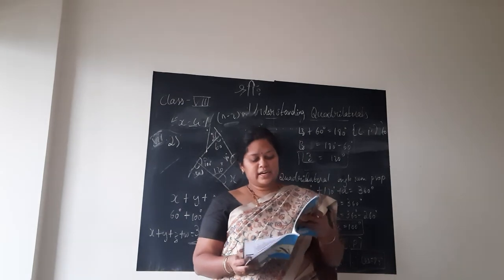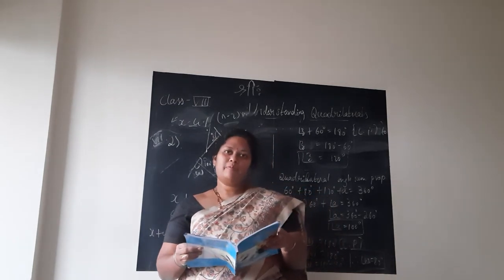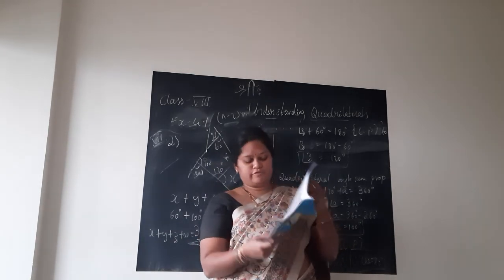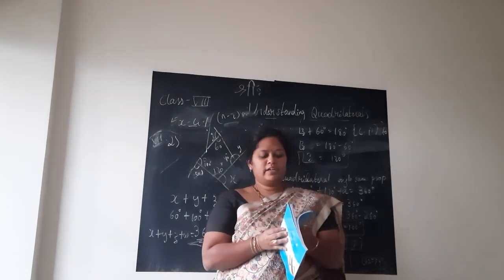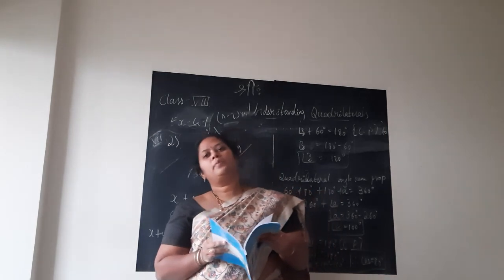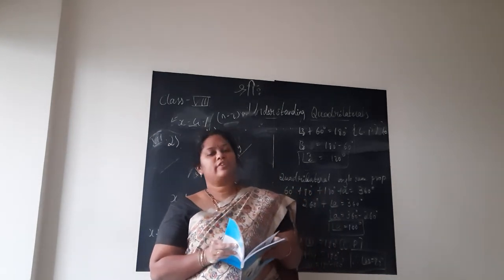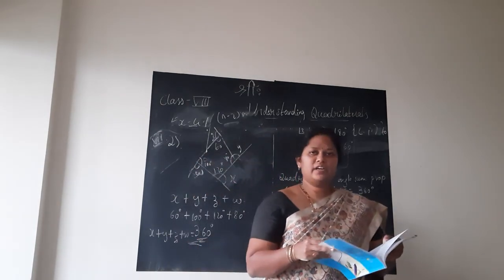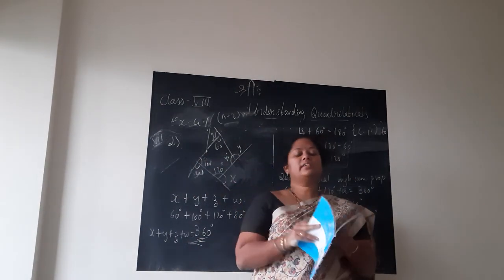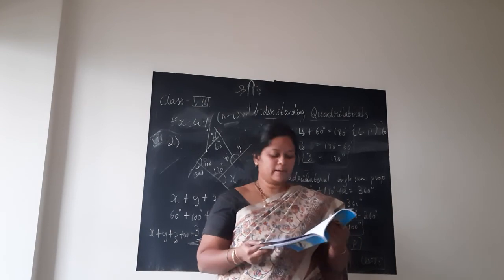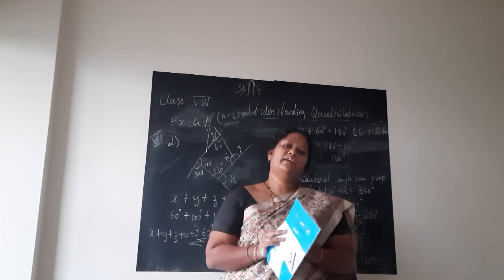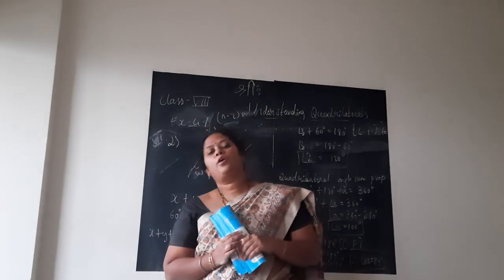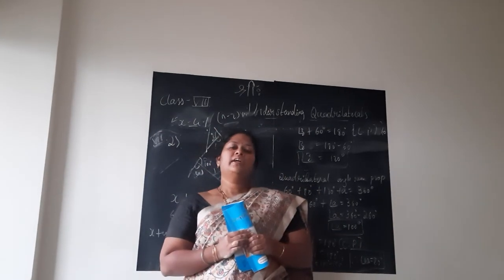Next you will write the heading convex polygon and concave polygon and just draw any two examples given in your textbook for each. Next you will write regular polygon, irregular polygon. I explained, just write the definition. Next, angle sum property you need not write. After that you can start with exercise 4.1 and keep it completed. Next session I will be starting with exercise 4.2 and we'll study the angle sum property of a quadrilateral. Thank you children.